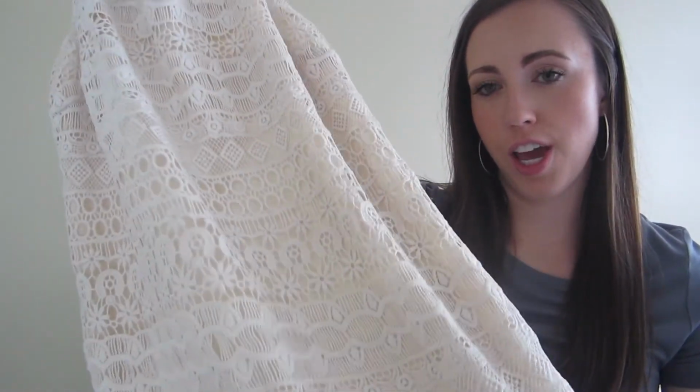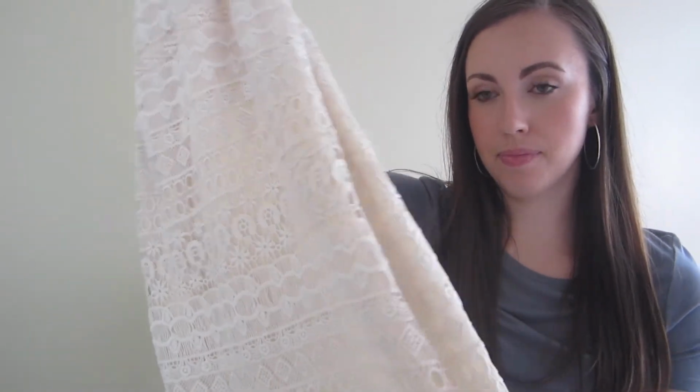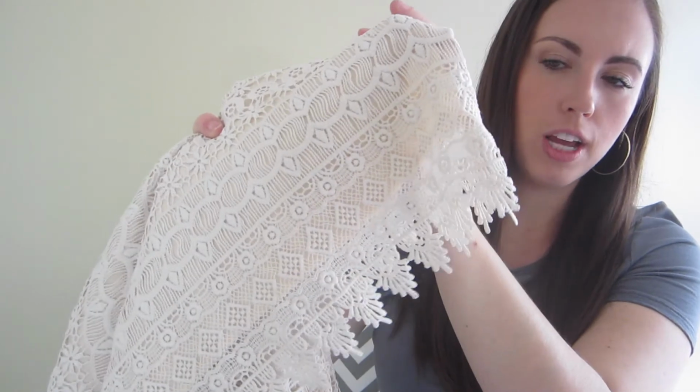the dress section is my favorite, so that's why I have a lot of dresses to show. But the next one is this really cute cream crocheted high neck. It's kind of like a mock neck dress, and I picked this up because I feel like these always sell this summer because of weddings, and this could be the perfect rehearsal dinner dress. It's like an off-white, and the bottom is really pretty. You can kind of see it here. It has this crochet lace detail on the bottom, and